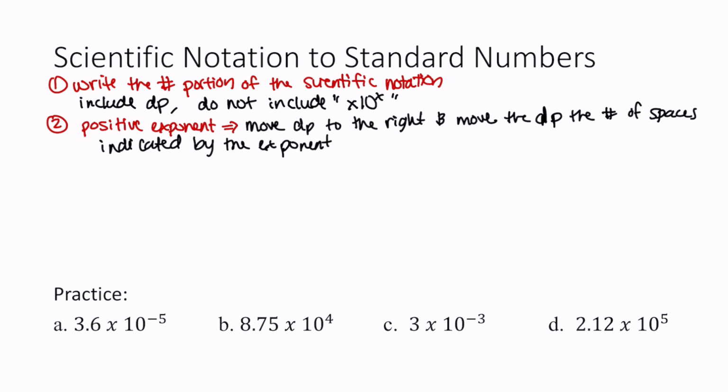Essentially, what you want to do is just make a big number. Sometimes it's hard to see which way to move my decimal point, if my exponent is positive or negative. Just remember, if you have a positive exponent, make a big number. If you have a negative exponent,